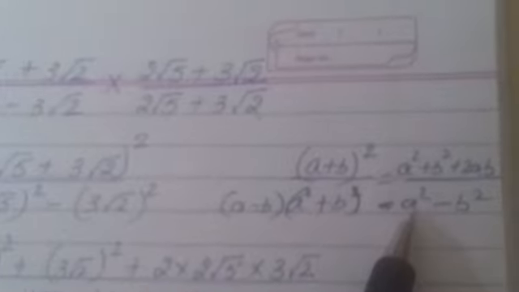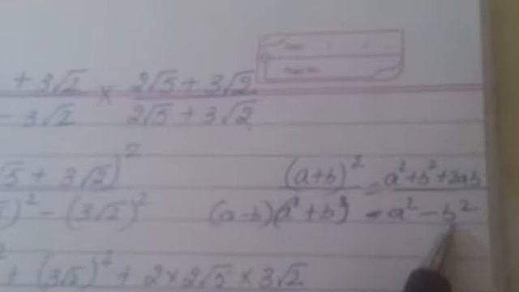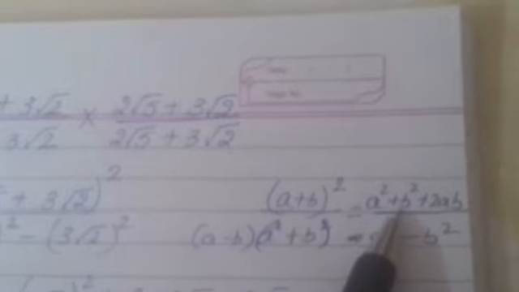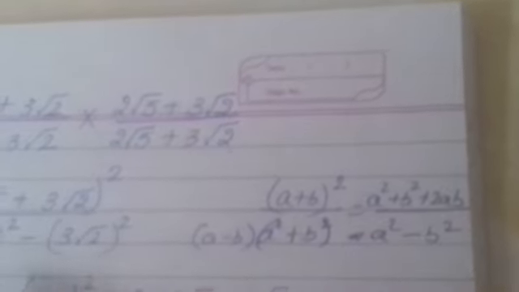Now you can see the numerator 2 root 5 plus 3 root 2 is the same. So this will become 2 root 5 plus 3 root 2 whole square because both are the same. Again the values are the same but with a different sign. So it is satisfying the identity a minus b into a plus b. What that identity is: a minus b into a plus b is equal to a square minus b square. And the numerator we can expand using the identity a plus b whole square, that is a square plus b square plus 2ab. Now let us expand it.